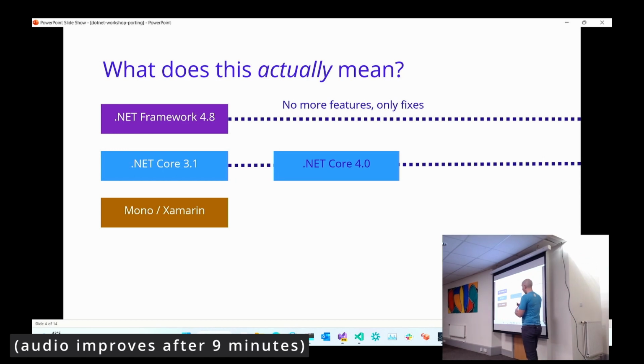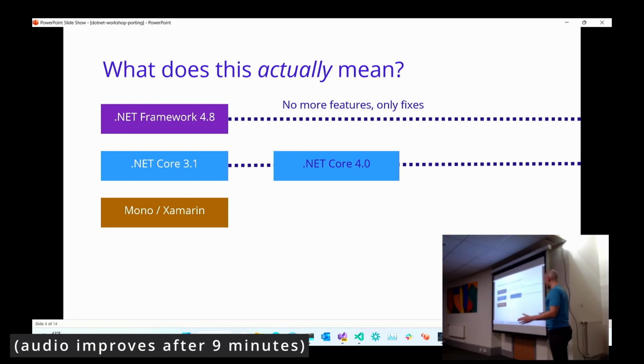When .NET Core came out, there was .NET Core 1, .NET Core 1.1, 2, 2.2, 3, and now the latest version is 3.1. And the .NET team got to a point where, hey, we need to up the version of .NET Core. And they could have gone to .NET Core 4, but why is that problematic? Google search. Because there's already a .NET Framework 4. So just imagine how awesome it would be if they decided to go forward with .NET Core 4, and we're like, how do I wire up an HTTP client in .NET 4? You're going to get stuff from 2017, or you're going to get stuff from 1997, right? Not a great experience for developers, right? So that was a problem.